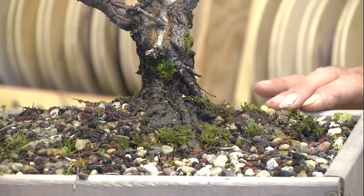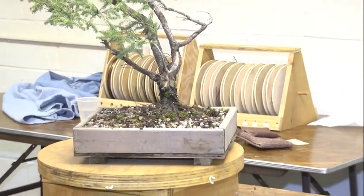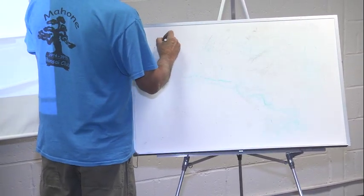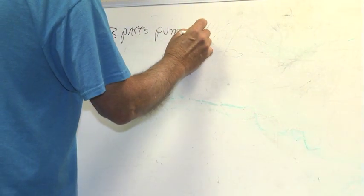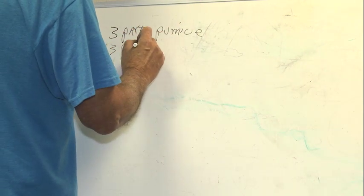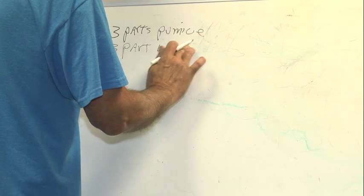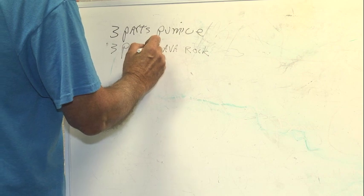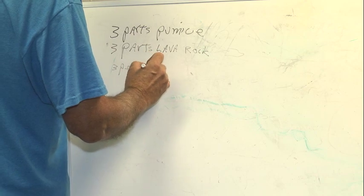So the soil I've been using, this is why I wanted the board. Just recently, the last couple years, I switched my soil mix for spruce, and I think they like it pretty well. So I've been using 3 parts pumice. That's the new hot soil component, and I had to have some. 3 parts lava rock. The pumice I have to order by pallet from Oregon, and the lava rock I have to drive all the way down to Denver to get. And then 3 parts pea gravel, which my wife says is lava helper,